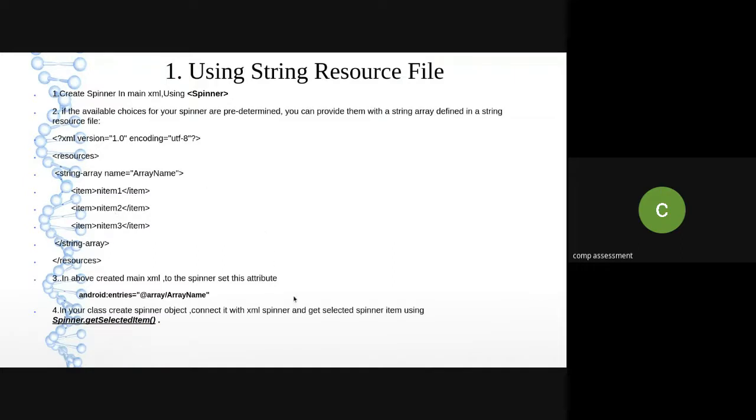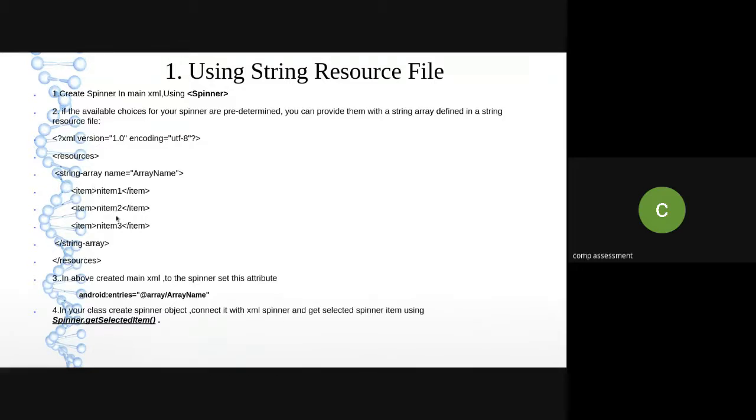Now, what I want is to add a list of items which will map with the spinner. So in order to create a list of items or a set of values, I am going to use string-array with a name. So we are writing this in the string.xml file. It means by using the XML tags, I am going to add this list by creating an array by using the string-array XML tag. And in that string-array, give the name to your array, the actual name in double quotes. So in order to create that array, I'm going to add the values by using the item XML tag.